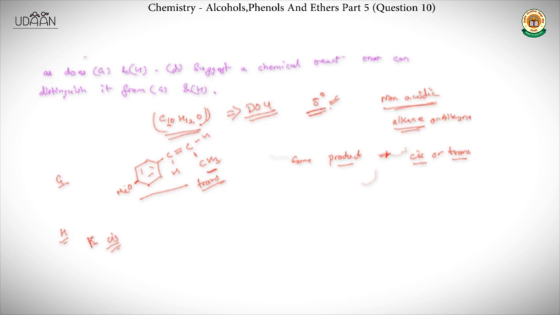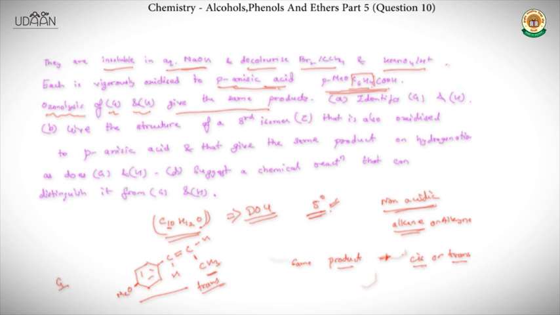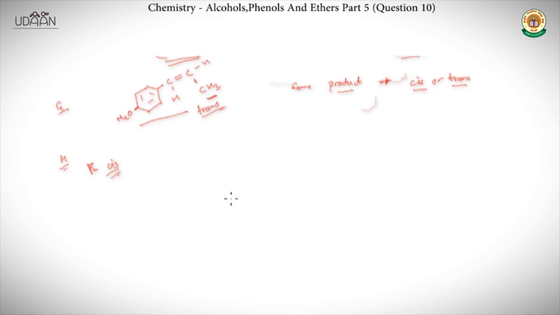Now the second part of the question: we need to give the structure of the third isomer that is also oxidized to para-anisic acid, and that gives the same product on hydrogenation as does A, G and H. Therefore, compound I must be para-methoxy C6H4 CH double bond CH2 CH double bond CH2, which also gives anisic acid on oxidation